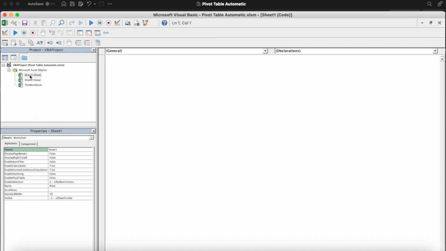So let's double click on sheet 1 pivot that we can see over here, right? And we'll start the code by writing option explicit. What this does is that it will capture all the line items and it will run simultaneously. Now we need to write a code inside an event. So the event would be whenever someone opens that worksheet, this will activate and it will refresh the pivot table. So for that, the syntax would be